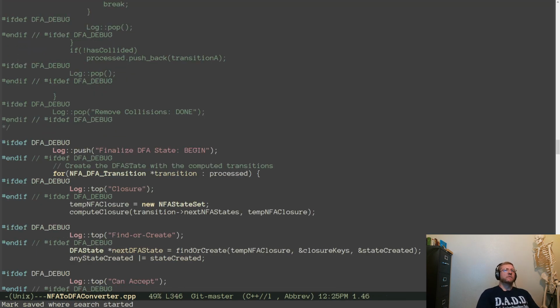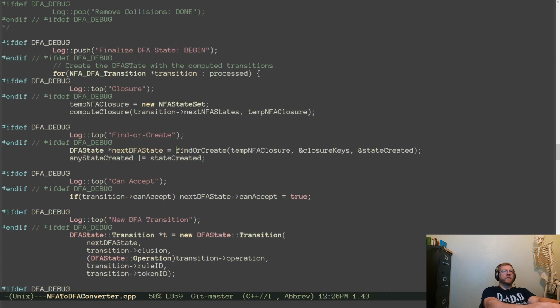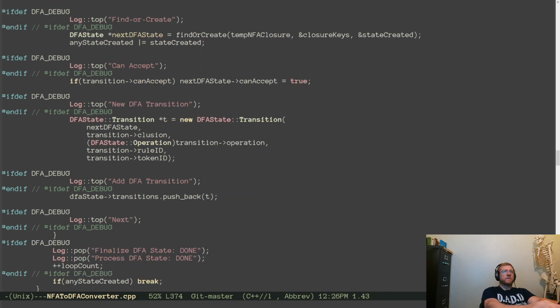Here it is. Finalizing this DFA state. Create a temporary NFA closure. Use the full closure. We ask if it already exists or not. As long as any state was created, we have to iterate through again. Can we accept new DFA transition was created?